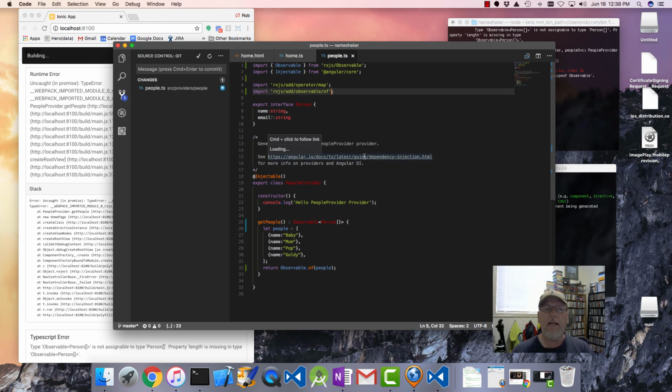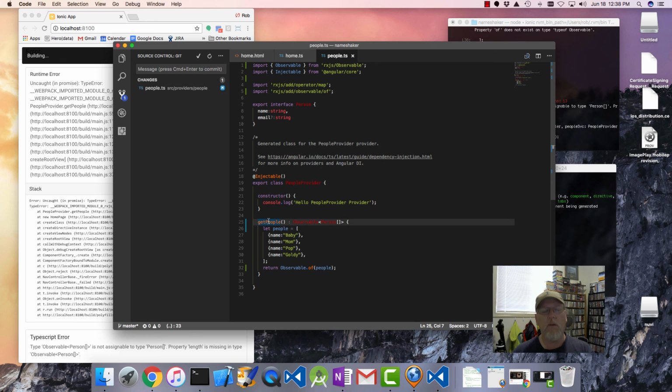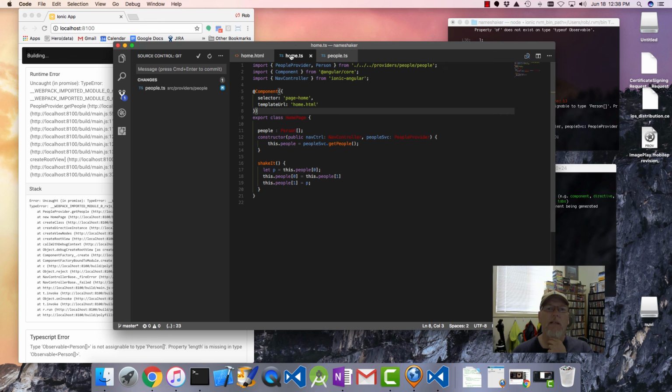So I think that should probably fix up all of the compiling issues here. We've now got this method called getPeople, and it's returning an observable person array. And we use the of operator to convert our person array to an observable of person array. And now the next thing we need to do is go into the class that uses this,